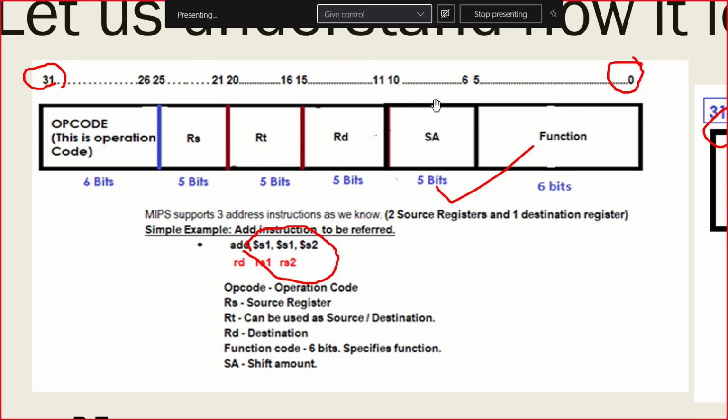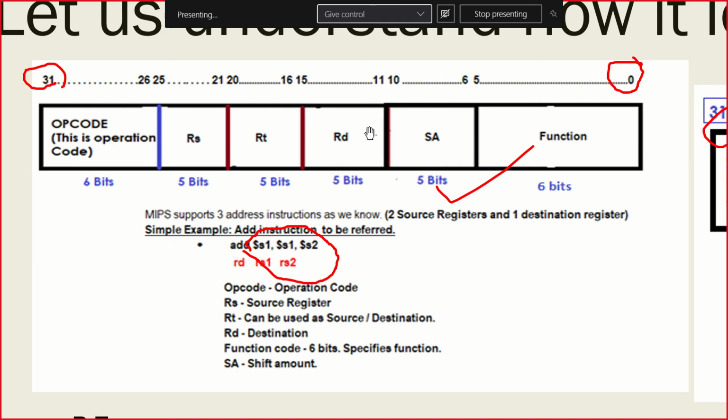Now, SA is nothing but shift amount. How many bits we need to shift? R type instructions are also going to support shift operations. We'll see that later, don't worry. For now, understand there is a field called shift amount, and the first field is called function bits, where we have got 6 bits in it, and the second field is called shift amount, where we have got 5 bits in it. So how many bits are completed? 6 plus 5 are done. So totally 11 bits are done, so it must be 0 to 10.